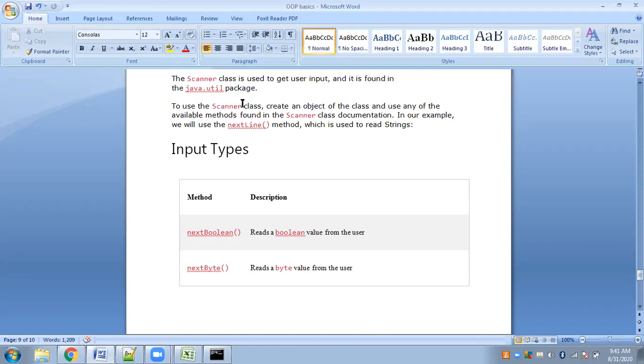So we will create objects of type Scanner to be able to use these methods in our programs, and we will access them as and when required.